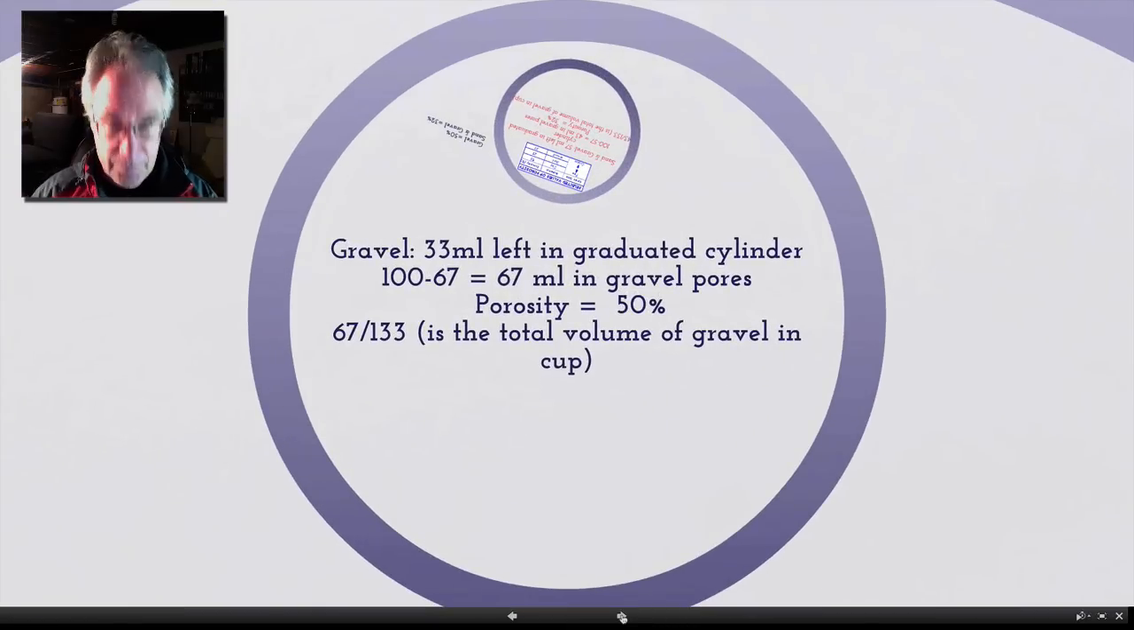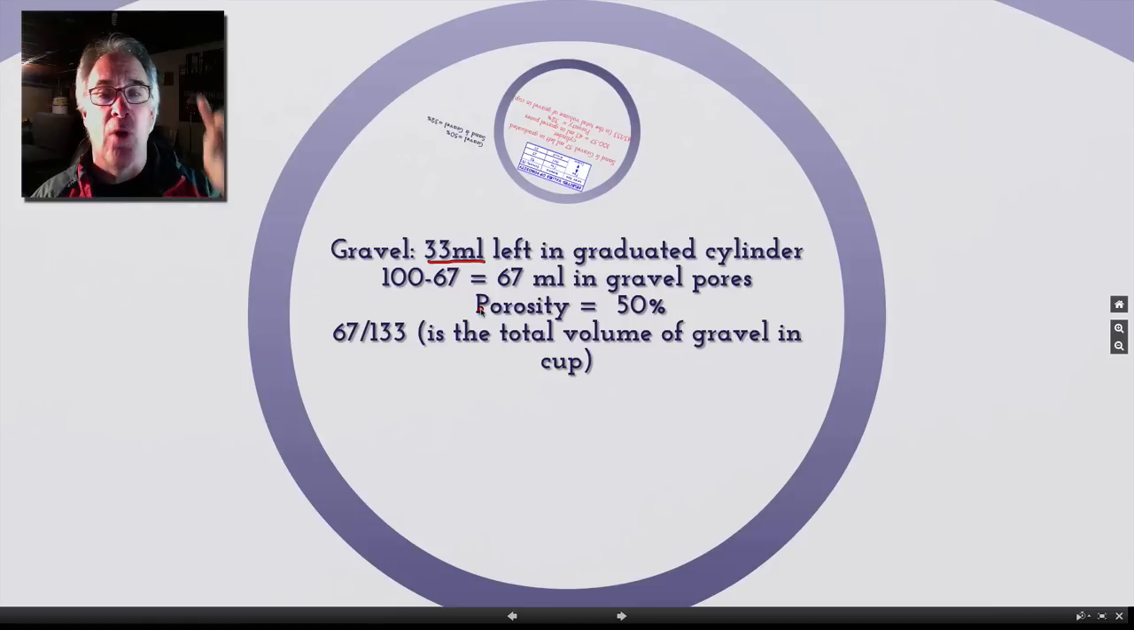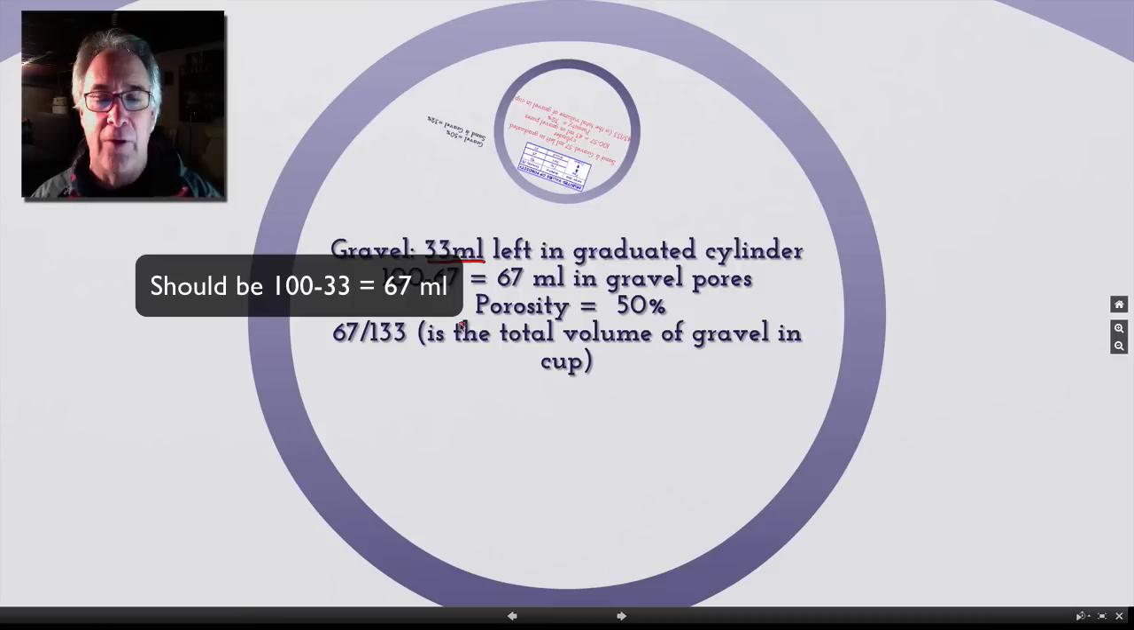Now on gravel, and this may be a little bit confusing, but when we poured it, you remember we had 33 mLs left in the graduated cylinder. So we want to know really how much water went into the gravel or stayed in the gravel in the pore space. So we take 100 mLs and we subtract 67, excuse me, actually this should be 33, sorry about that, so that we would have 67 mLs in the gravel pores,